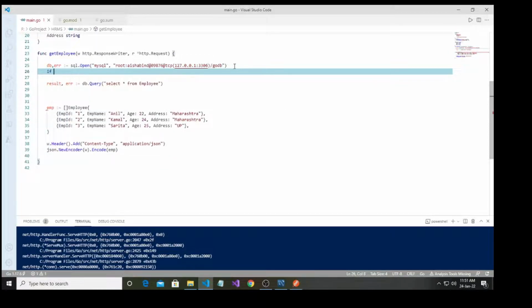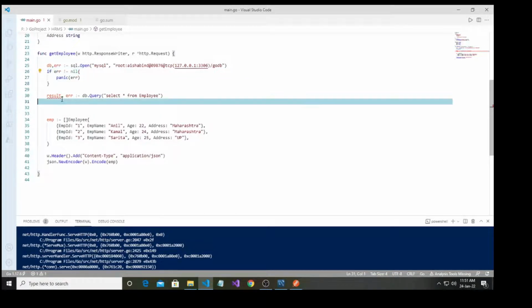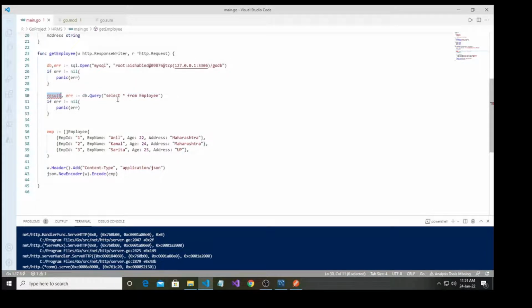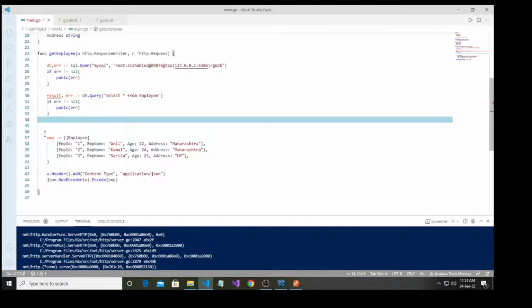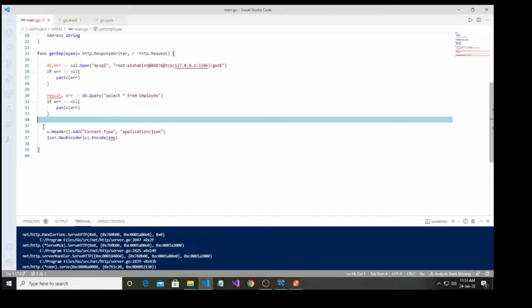If err is not equal to nil, then panic err. Let's copy this one and paste here, and this result has the data of employee. Let's first remove this hard-coded data, we don't require this, and let's apply a for loop